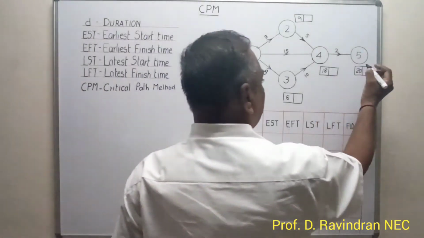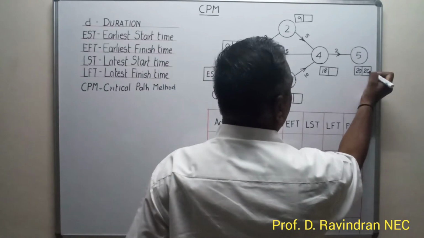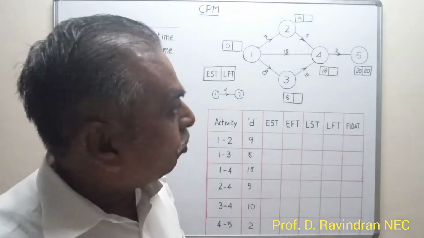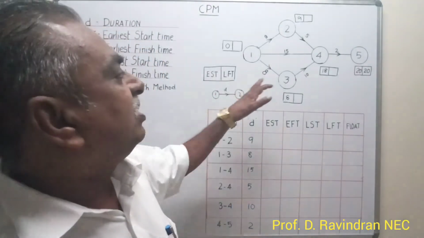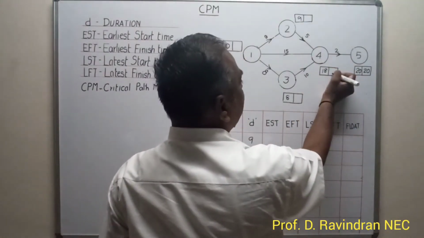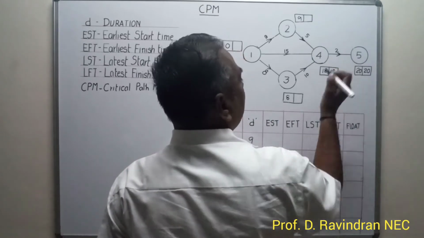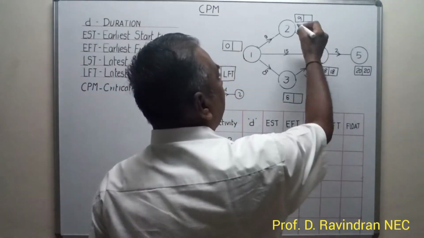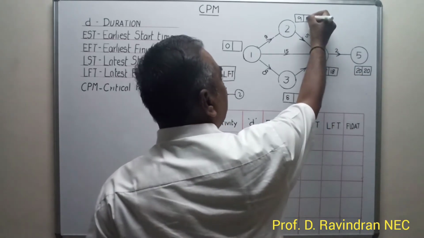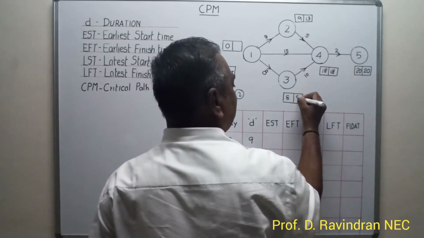Now the latest finishing time of the last event we consider the same, because afterwards there are no activities. So for the tail node, the earliest starting time and latest finishing time are going to be the same. Now what is the latest finishing time of this? It is 20 minus 2, that means the latest finishing time will be 18 here. When you come here, this latest finishing time is 18 minus 5, which is 13 here. But 18 minus 10 is 8 here,